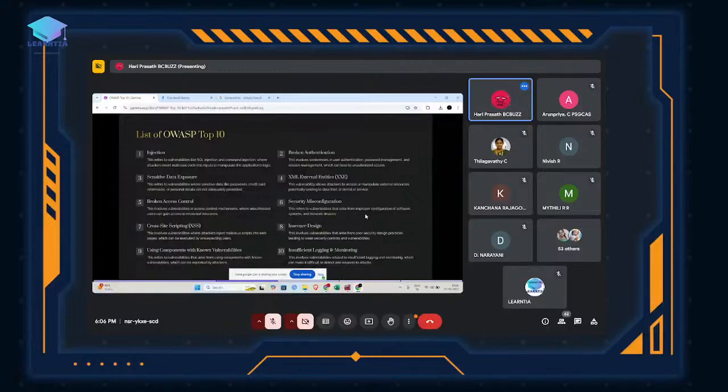Using components with known vulnerabilities, such as not updating particular versions of PHP and frameworks, and insufficient logging and monitoring. After deploying a web app, you should monitor and log the particular app. So we need